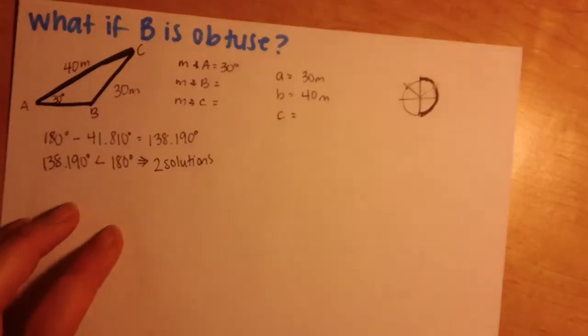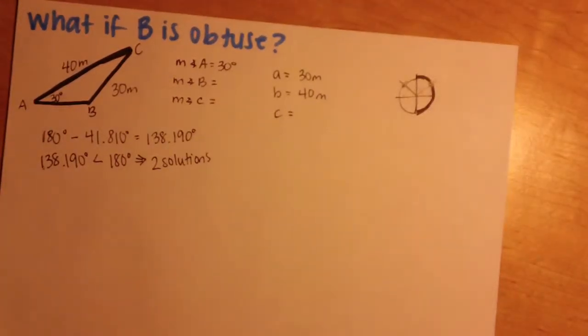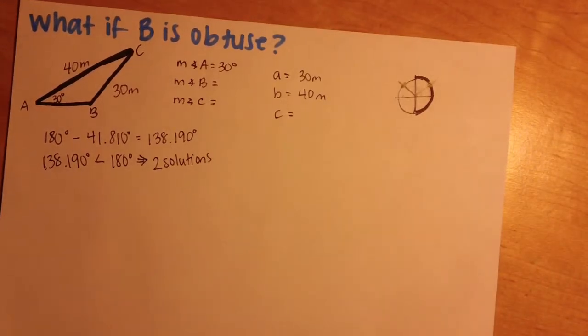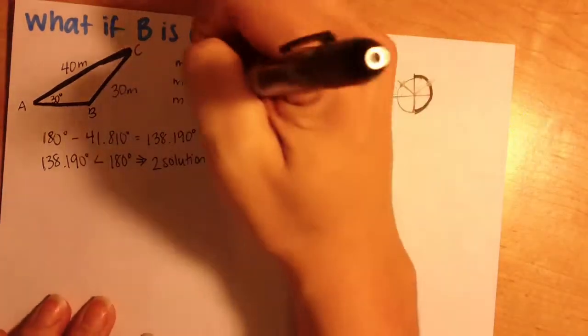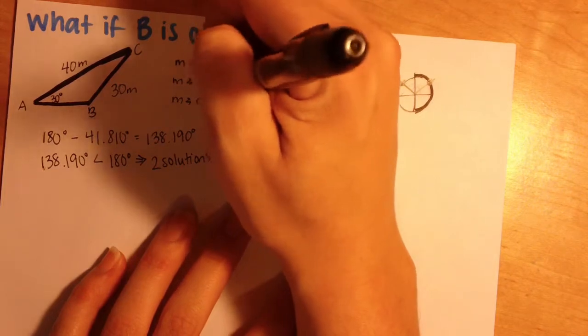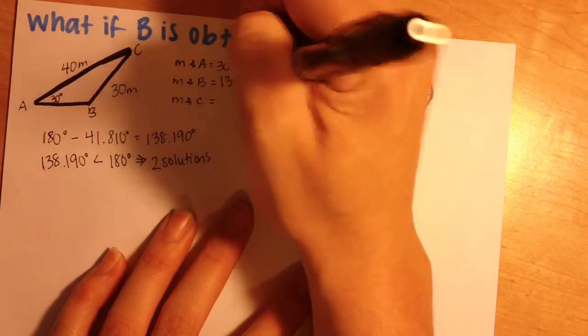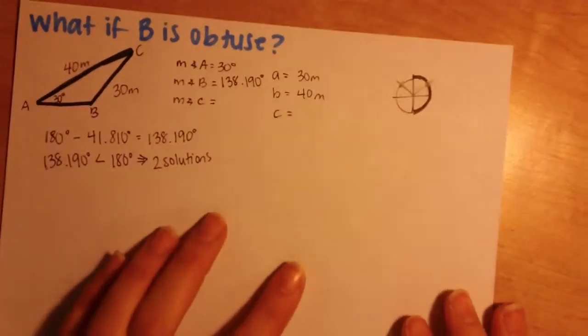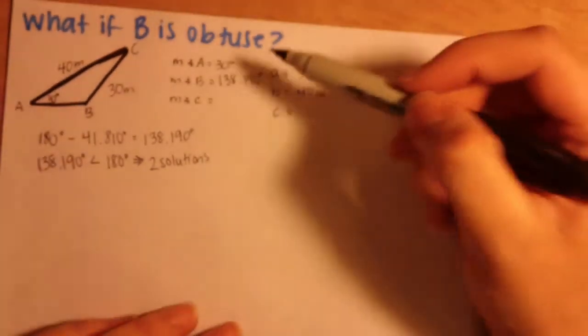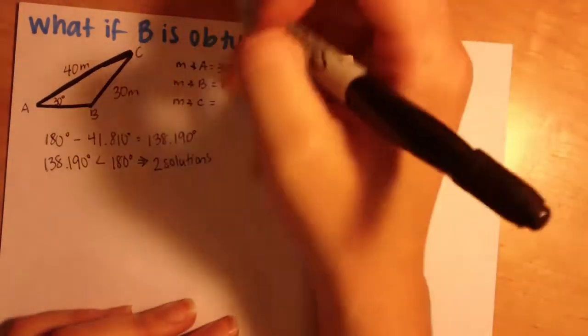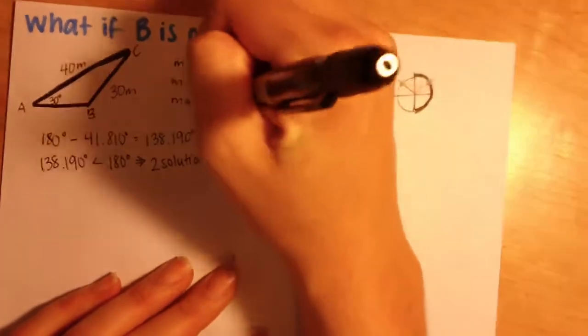Okay, so we want to find the second solution. We had the first solution on the previous slide, now we're going to look at the second solution. We can find our third angle because we know B is 138.190. I'm going to solve for that. We can find our third angle by taking 180 minus 30 minus 138.19, and we'll get that our angle C